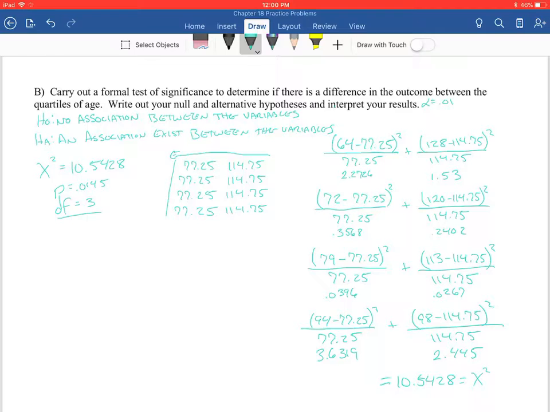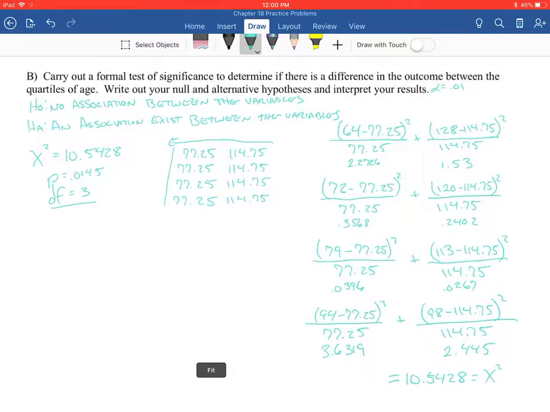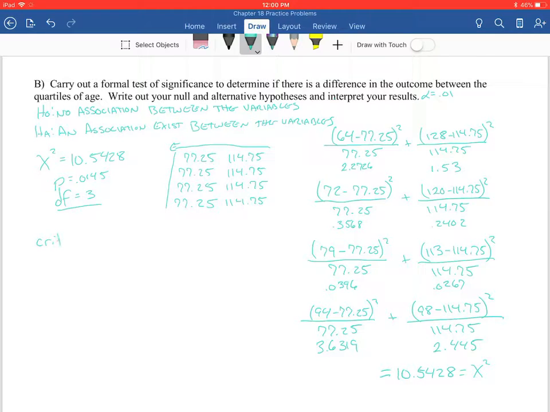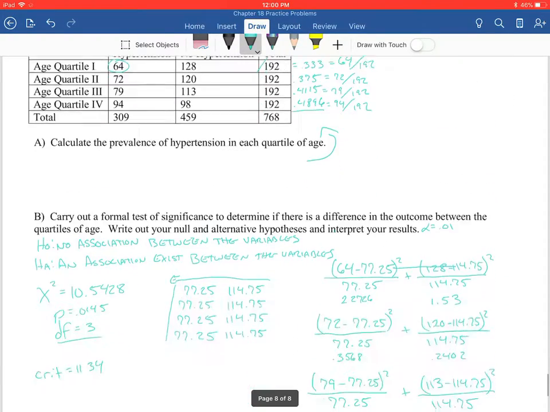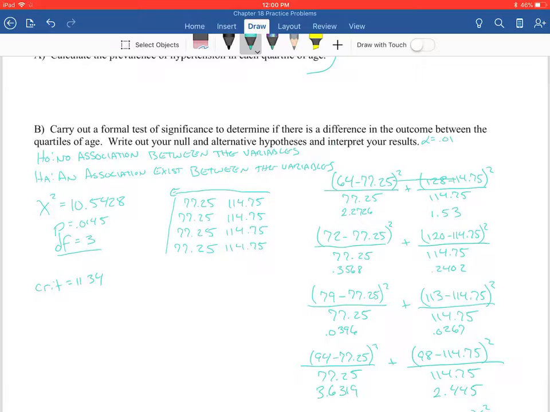Notice that if you go to your table in the back of your book, and we have degrees of freedom 3, and we're looking at alpha level 0.01, your critical value is going to equal 11.34. And since our chi-squared value is less than 11.34, we do not have significance at the alpha 0.01 level. So in this situation, we